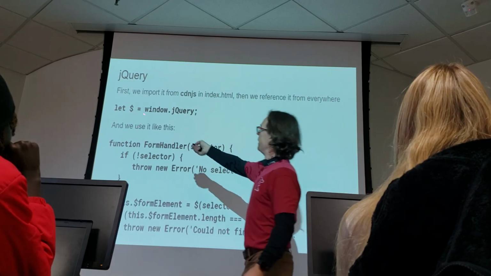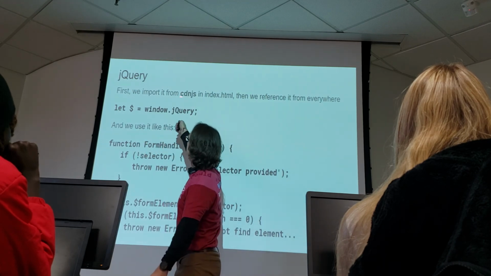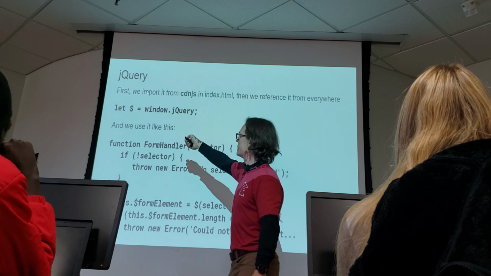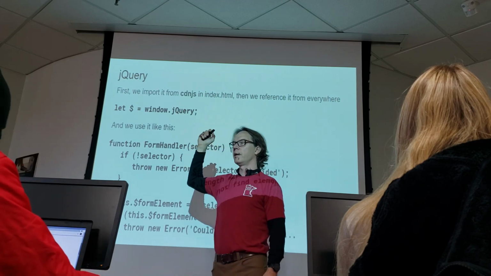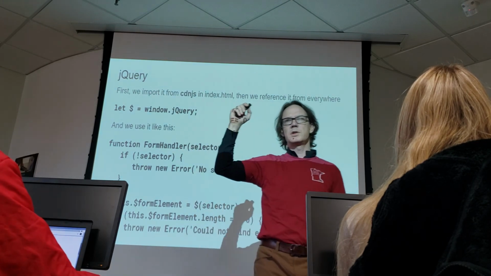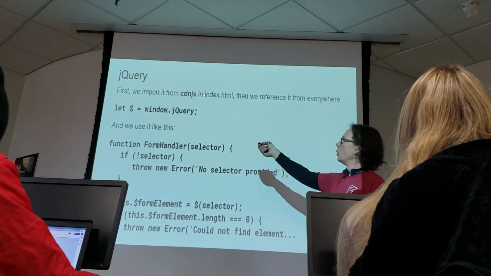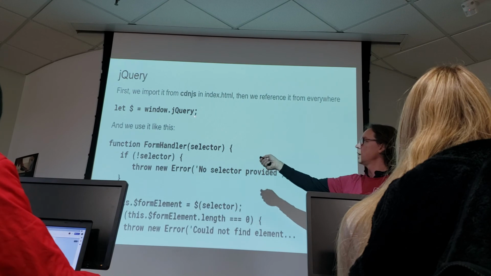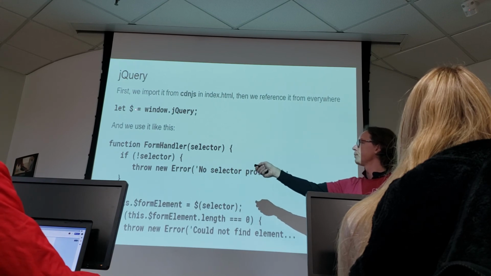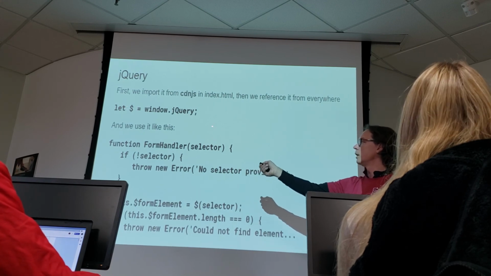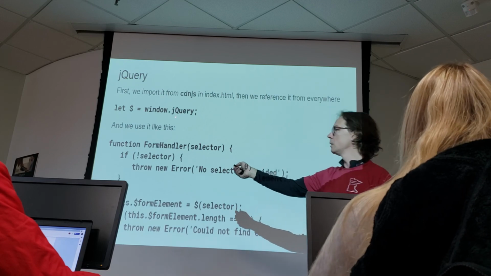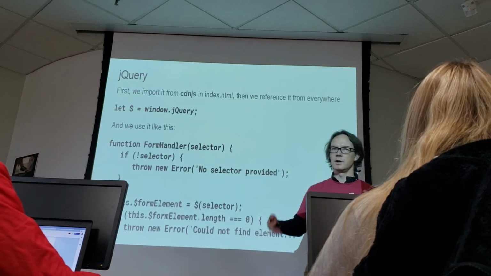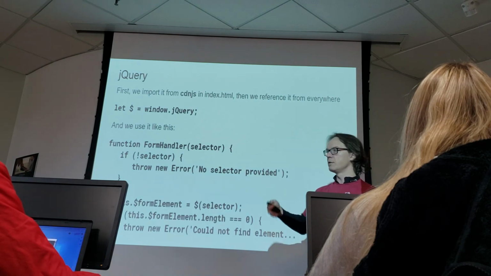What this does, first of all, we import it from CDN.js, just like we did with the CSS helper stuff. We import it once, and then we do this in all of our JavaScript files,